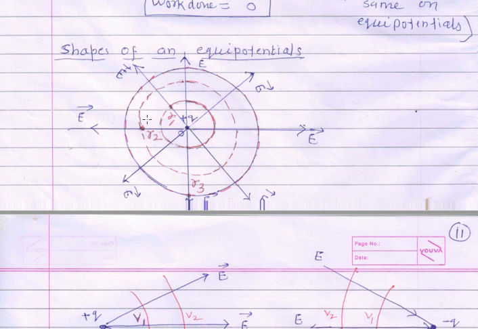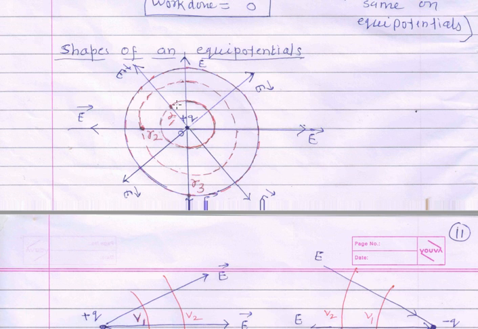So this small sphere having the radius r1, at every point, if we join all the points, you will get a circle of radius r1. So this small circle at which every point the potential is the same, right? Now, this surface we call the equipotential surface, because potential is the same. Now, am I getting only one surface here?